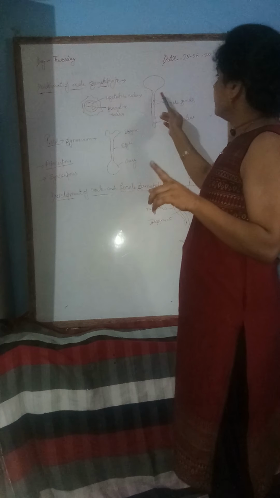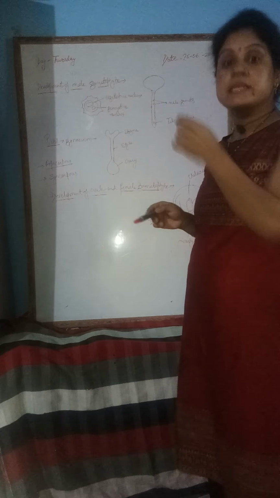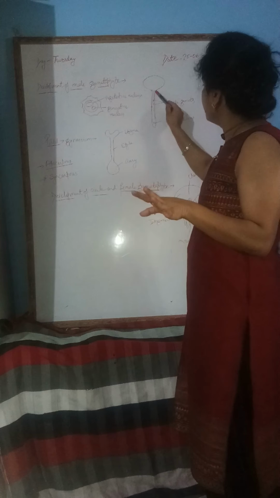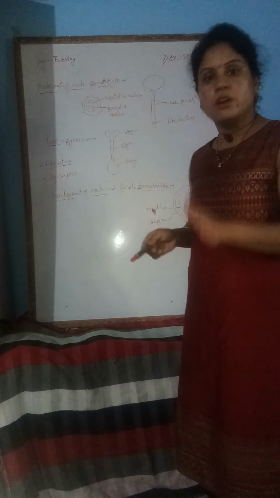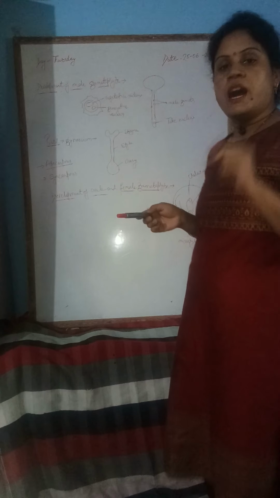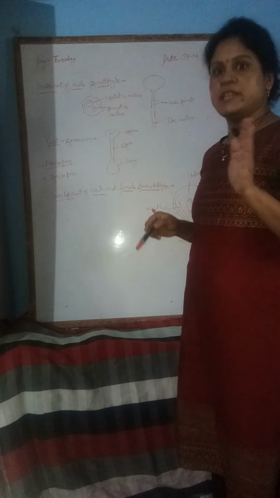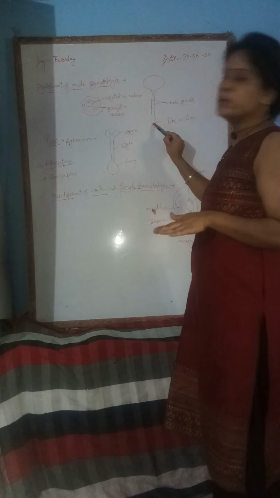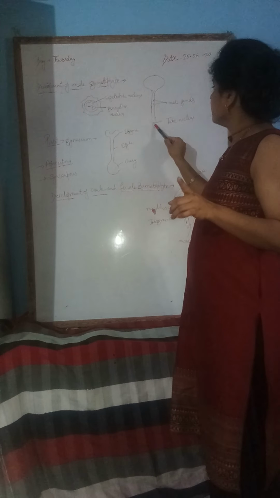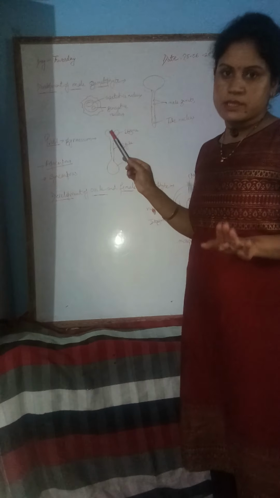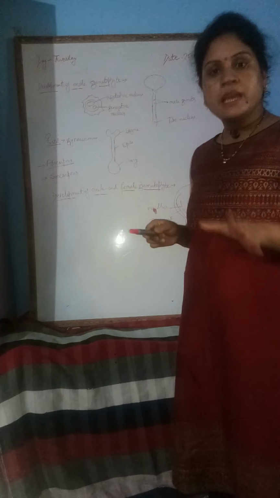When the pollination takes place, the vegetative nucleus helps in the formation of the pollen tube. So all the nutrients are used in the formation of the pollen tube. After that, when the pollen tube starts, the vegetative nucleus gets converted into the tube nucleus. So now in this condition we will call the vegetative nucleus the tube nucleus. Now the second one is the generative nucleus. This is actually a male nucleus.